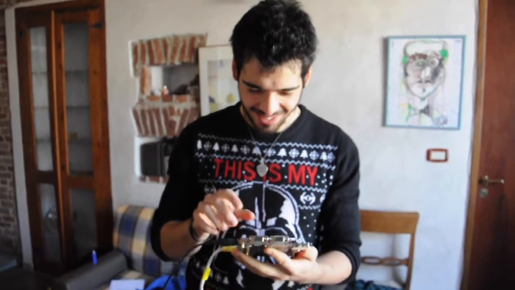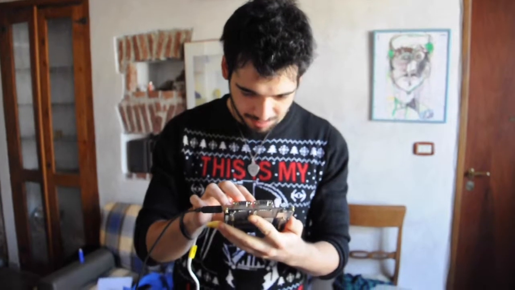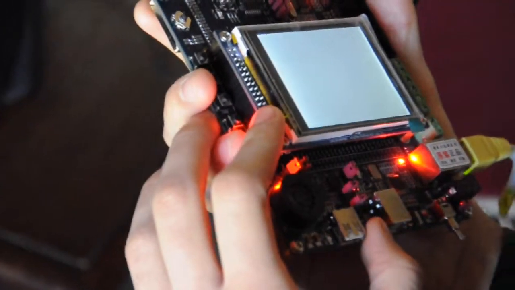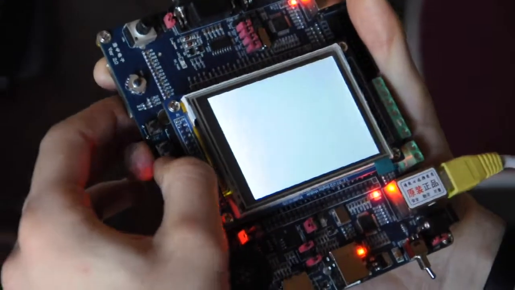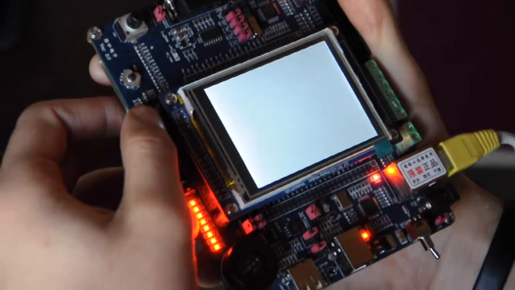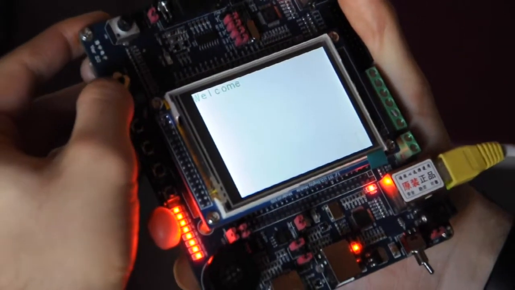What's this? It seems there are buttons. How does it work? Just nope. Maybe, oh,